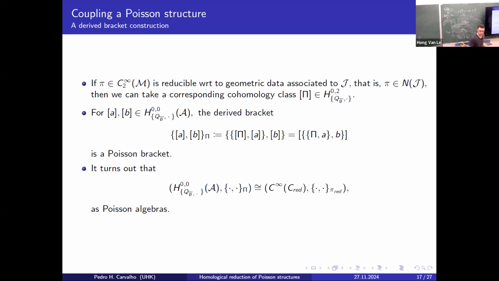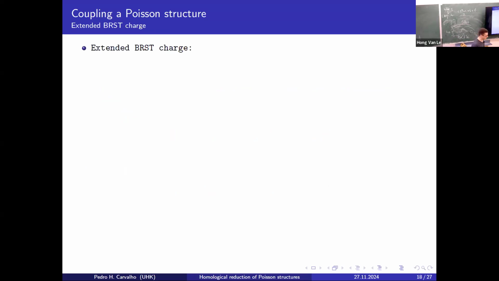Okay, well, that's already some type of homological reduction for this picture. But as I said in the beginning, I want to focus on the level of cochains, right? I want to see, is there part of something bigger? Because I have this Q, and then I take homology and I use pi to do something. But you can wonder if this is part of something bigger, right? And it is. So there is something that I'm calling extended BRST charge here. So you construct this extended BRST charge